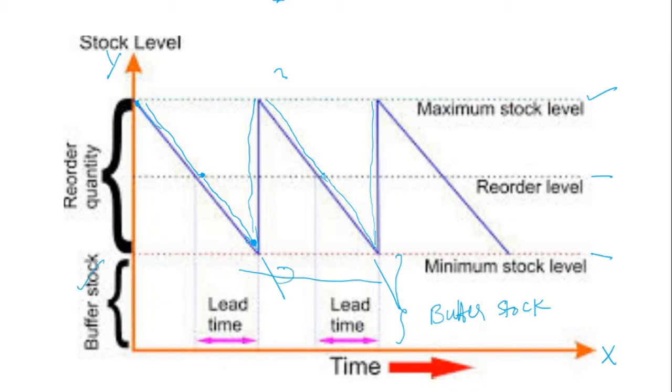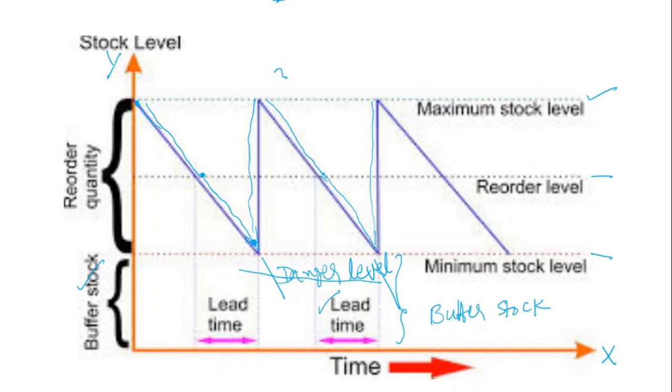So the danger level is faced when the stock comes down to the minimum stock level. It comes down to the minimum stock level when the lead time is more for any order. What is meant by lead time? The lead time is nothing but the gap between the order placed and the stock received. An order is given for the raw materials purchase, but the receiving of raw materials may take one week or one month. That lag time is called lead time.